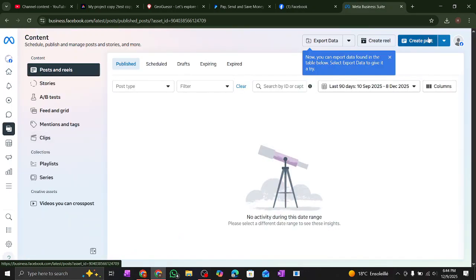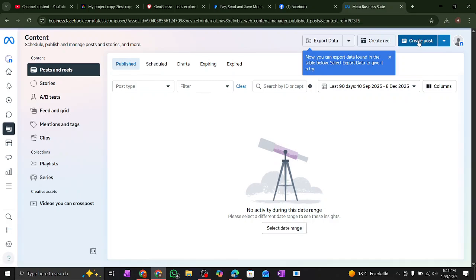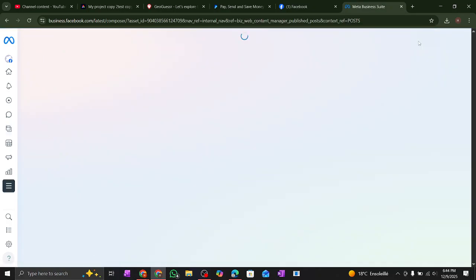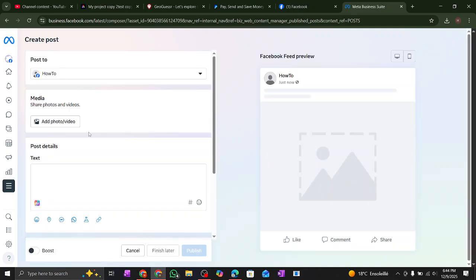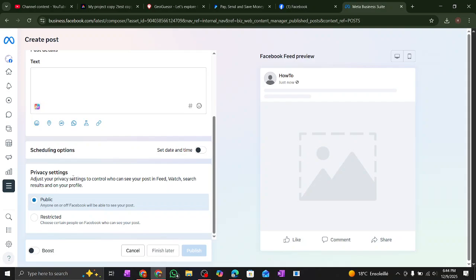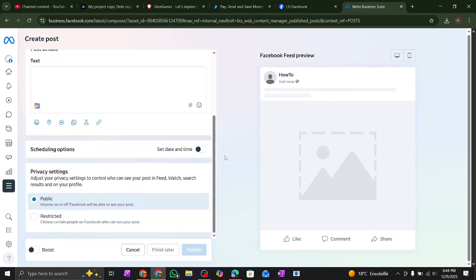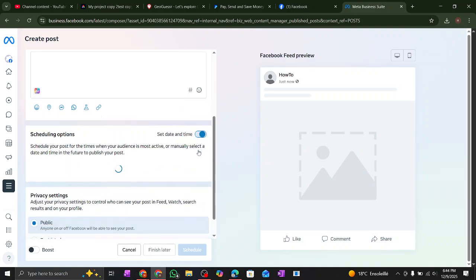Then click on Create Post. Here you're gonna post whatever you would want to post, a picture, a video, or maybe just like a text. Then scroll down and turn this one on so you can choose the time that you want to schedule this